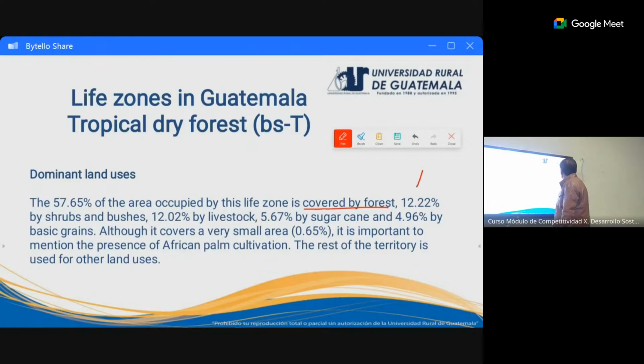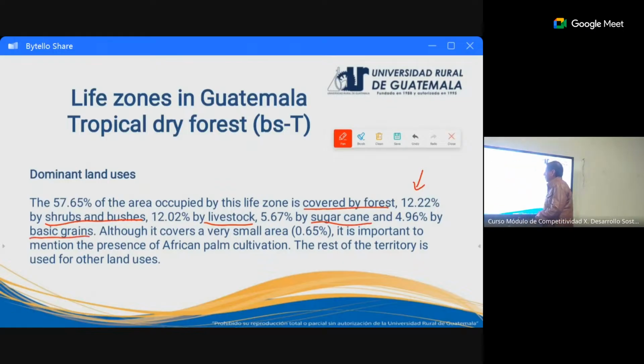Here we have 12.22% by shrubs and bushes, and also we have 12.02% by livestock, 5.67% by sugar cane, and also 4.96% by basic